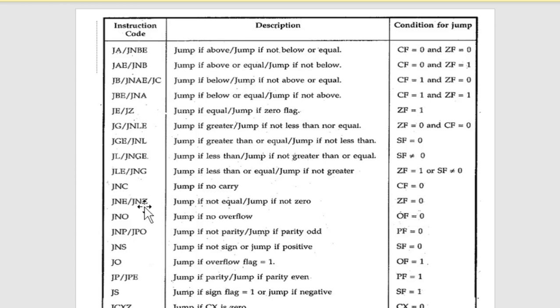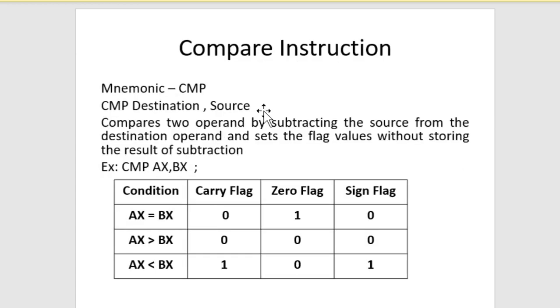Similarly, jump if not zero and jump if zero. Jump if zero is here. They are the most used conditional jump instructions. So with that, the jump can only be made 128 bytes minus and 127 bytes plus. Now apart from that, you also have something called compare instructions. So that is about what we have covered till now.